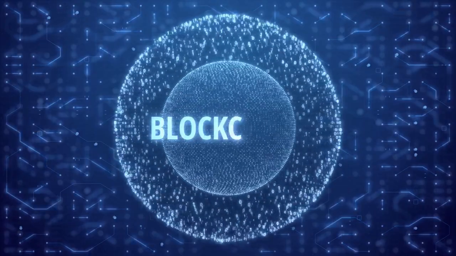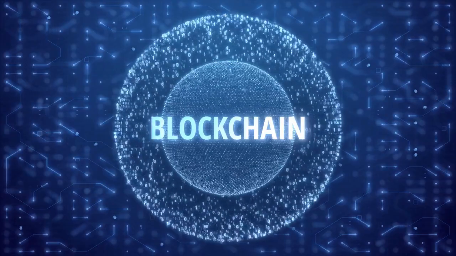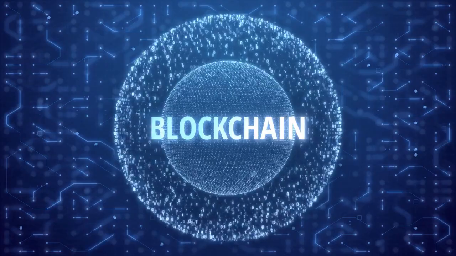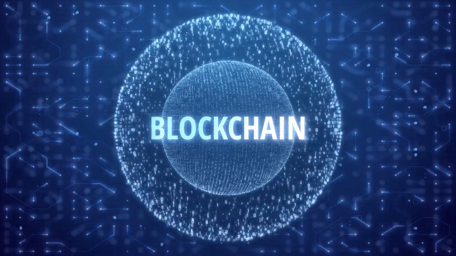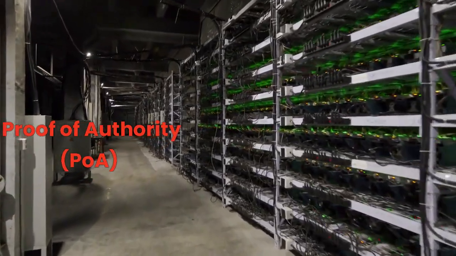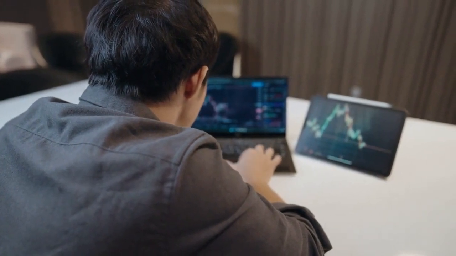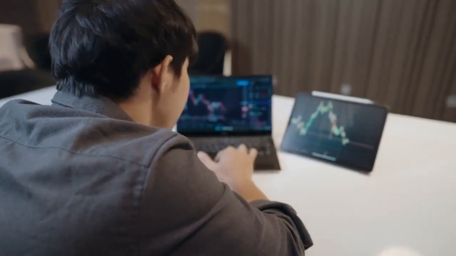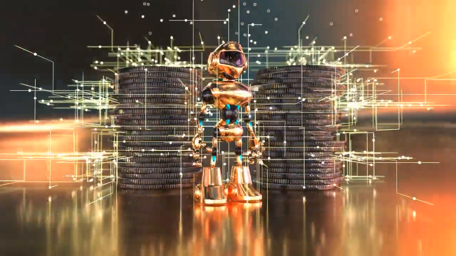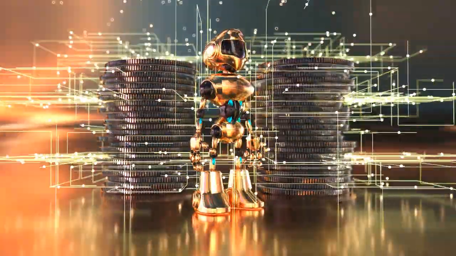Also, since the delegate selection process is based on the votes of cryptocurrency holders, it can be subject to manipulation or a 51% attack, where a single delegate or group of delegates could amass the majority of votes and assume the network control. Proof of authority, POA, is a consensus algorithm used in cryptocurrencies, where the power to create new blocks and validate transactions is based on the authority of a small group of nodes, instead of computing power or of cryptocurrency ownership as occurs in other consensus algorithms such as proof of work, POW, or proof of stake, POS.